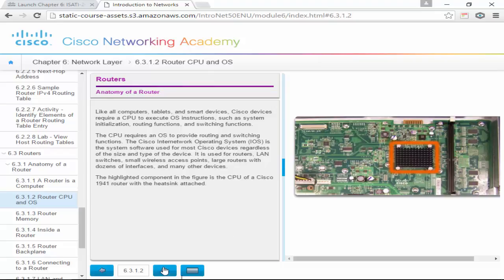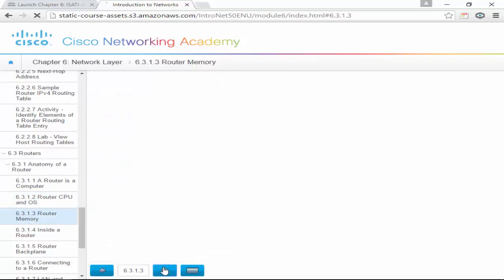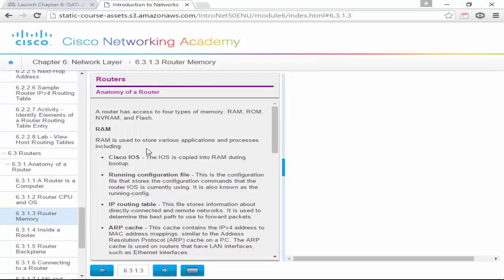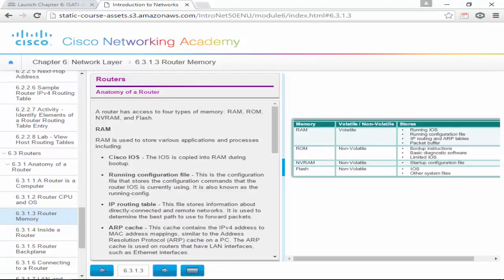It does all the functions for the OS, all the calculations. The router memory: we have a lot of different types of memory. We have RAM, which is volatile, and just like in a switch, we're storing some different things in it. We have the running copy of the operating system, just like Windows is running a copy of Windows in your RAM. Then we have the running configuration file, so what we've configured the device to do,